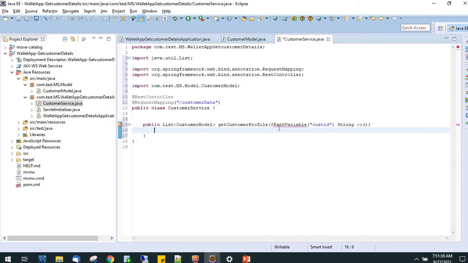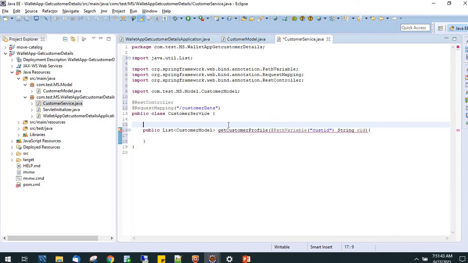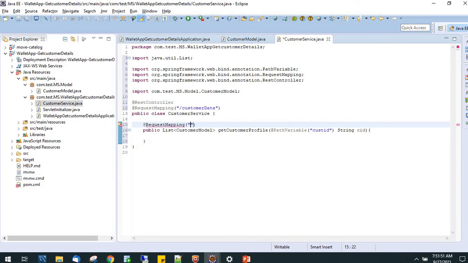Correct. So with the path variable annotation, for this also we have to map the request mapping, cust ID. That's fine now.